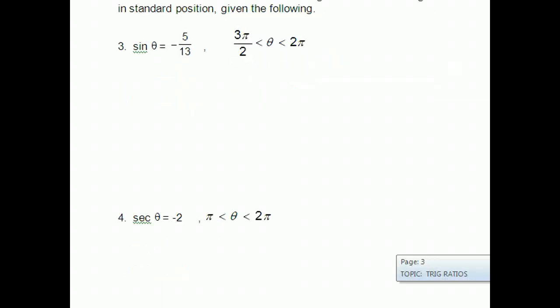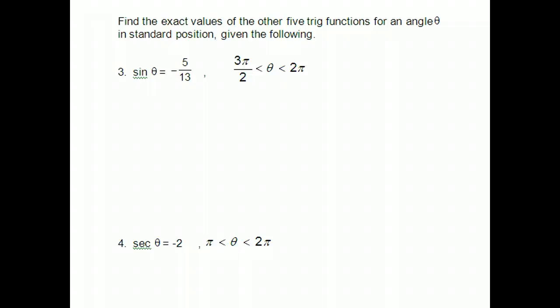Alright, so let's rip through another example here. They're getting a little tougher each time. So this time they're giving me the trig ratio with the angle and a place to find our solution, where they want those trig angles to be. Okay, so we know our solution is going to be in this quadrant in between 3 pi over 2